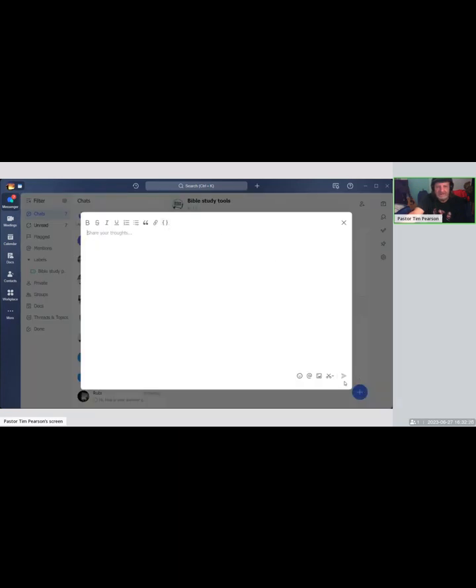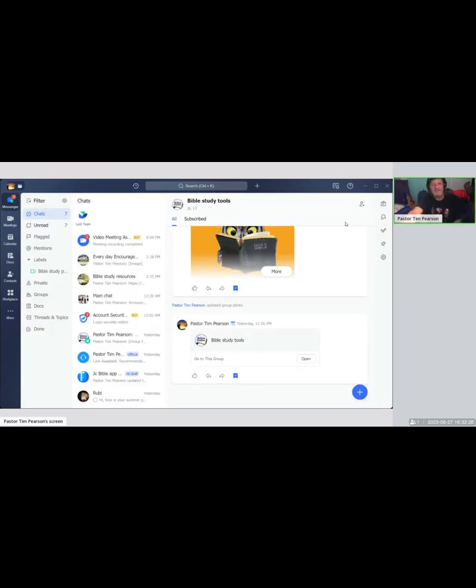You can send the video into the main chat after it's downloaded, the recorded version of it. So if somebody missed the service or whatever, they could just come in and watch it. Now, the great thing about this app is that the communication within the app is amazing. It's astounding. So you don't have to go outside of the app to watch a video in your tool.